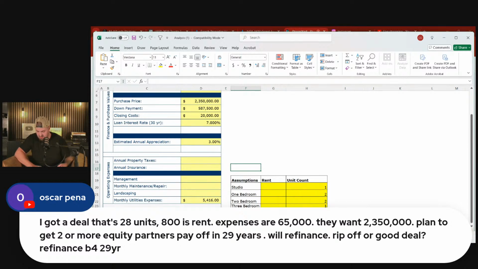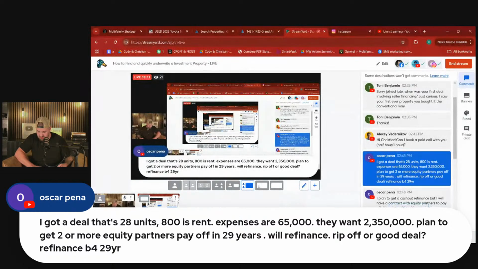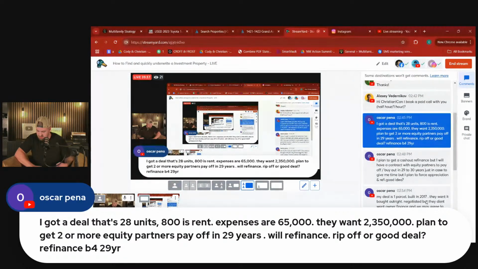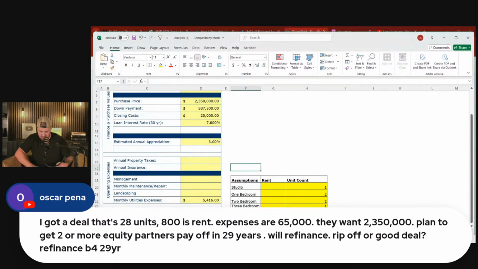Let me see if I got all of our inputs correct here. 28 units, 800 rents, or refinance. 28. It appears that we do. Oh, it's in Edinburgh. College town. I know Edinburgh well. Cap rate 21. That sounds like a high cap rate for this, but also that's a lot of units with not a lot